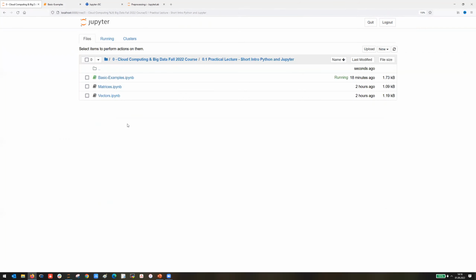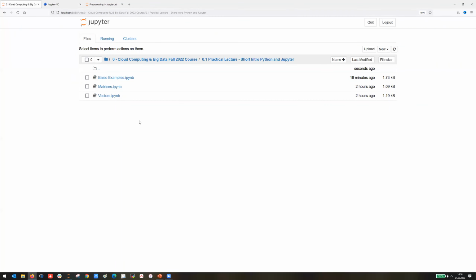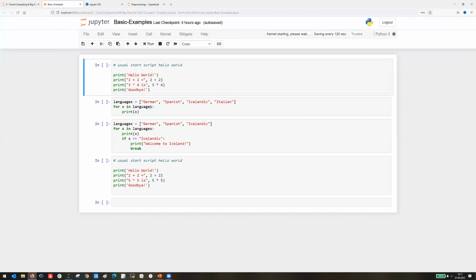If you go to the overview of this directory, for instance here, you see it green, it is running, obviously, because we have another one. If we then properly do close and halt, we will see that it's then not running anymore. So the basic example is now,